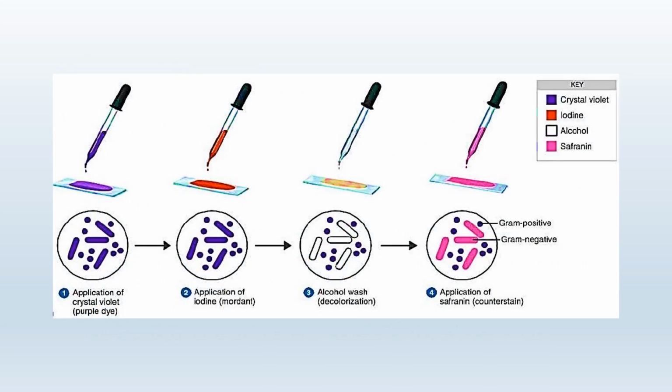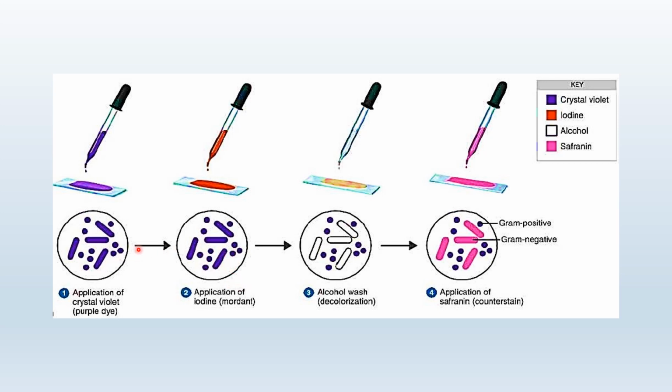So this slide shows the procedure of gram staining. In the first step, we will add crystal violet dye, that is a purple colored dye that would stain all the cells to be purple or blue colored. In the next step, we will add Lugol's iodine that would act as mordant, and it would bind with crystal